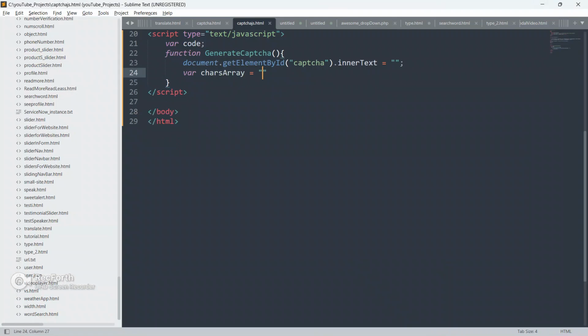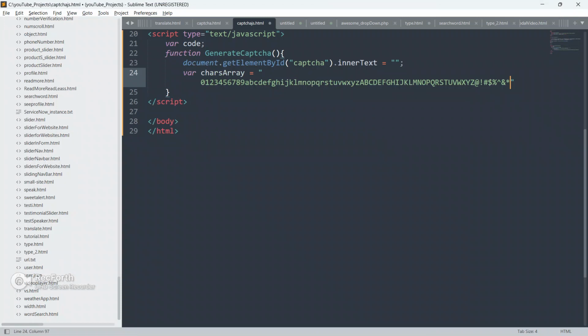It is a mixture of letters, numbers, and some special characters like @, exclamation, hash, dollar, percentage. In this video, we are going to use these characters to generate the captcha. Let's move ahead now.